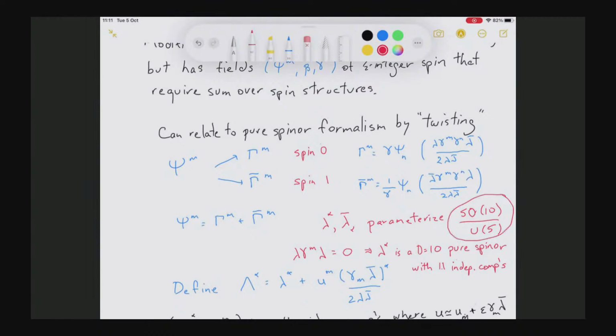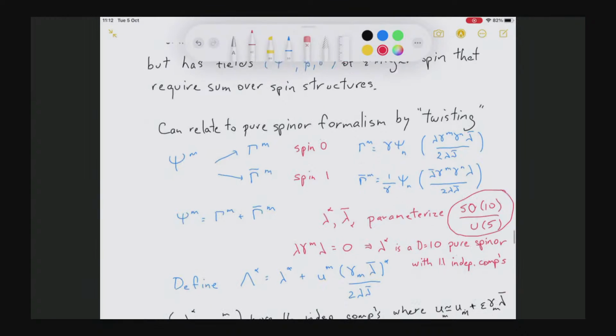So with the help of the pure spinors, which I'll call lambda and lambda bar, lambda is the pure spinor we had in the pure spinor formalism. Lambda bar, for the moment, let me just think of it as a constant spinor. When we do the non-minimal pure spinor formalism, it will turn out to be a dynamical variable. But at least in this talk, I want to restrict lambda bar to be constant just to simplify things. In the paper, I discussed the case in which it's a dynamical variable.